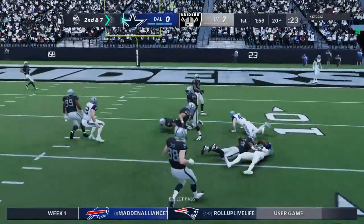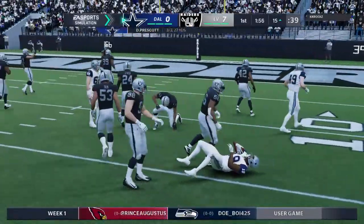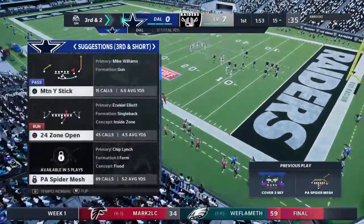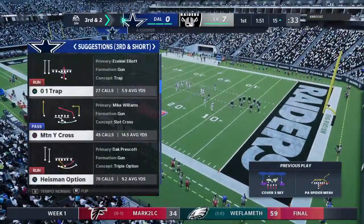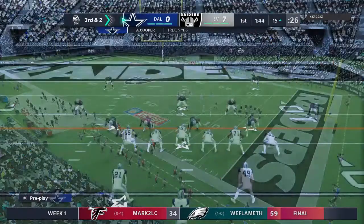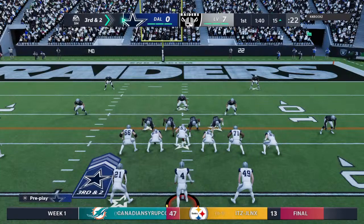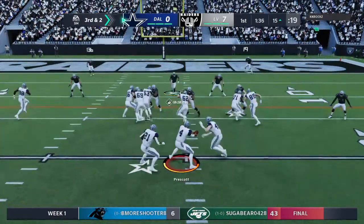Over the middle, Cooper with it. This will be a 5-yard pickup as they move it from the 20 to the 15. 5 yards. One thing you're hoping for when you run drag routes, you're able to hit a receiver in stride, and he can pick up a lot of yardage after the catch. But in this situation, the defense was effective, able to stop him before you get a good head of steam